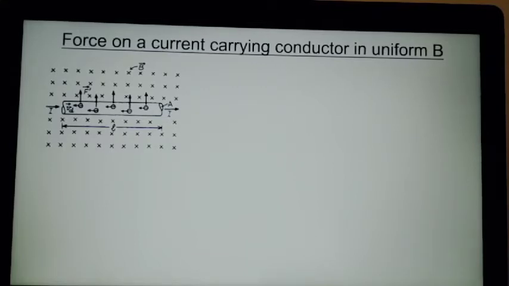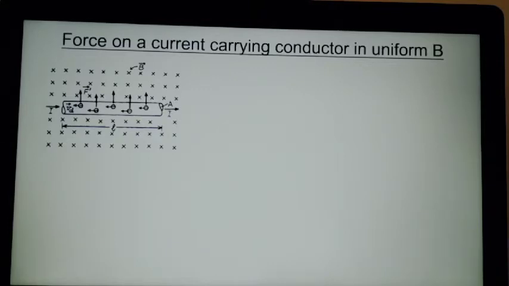Why it is denoted in the upward direction, that I will tell you later. First of all, we have to find out what is the force, and after that we will find the direction of the force acting on that conductor. So see, a force F dash is the force experienced by electrons. F dash is the force experienced by one electron, and it is denoted in the upward direction. Okay, so what is F dash?